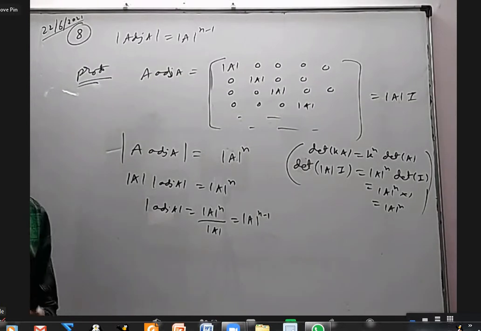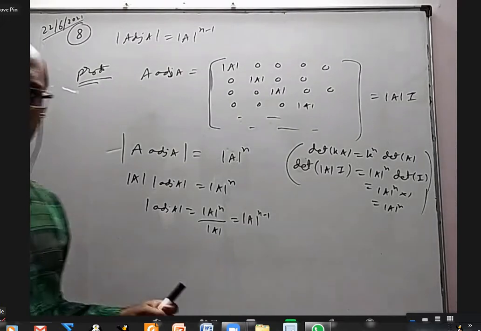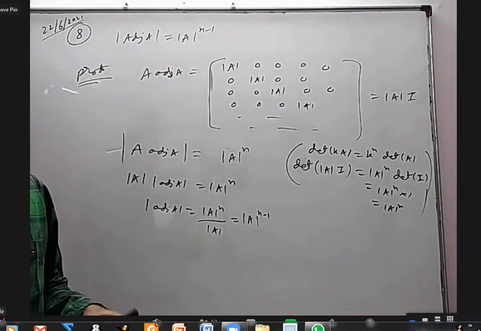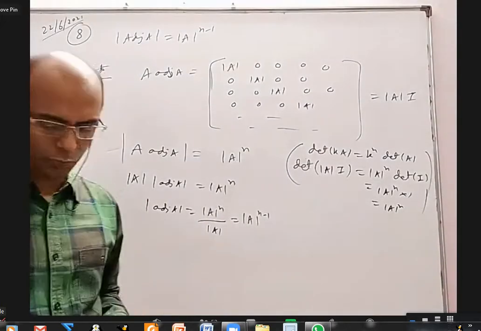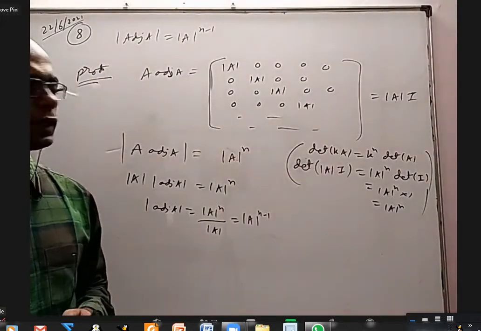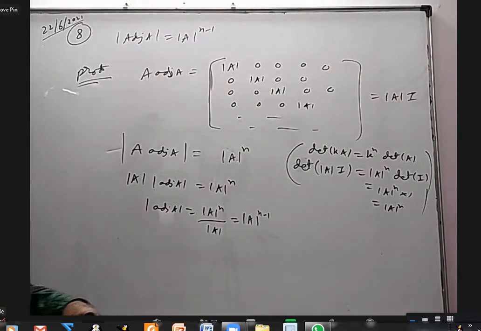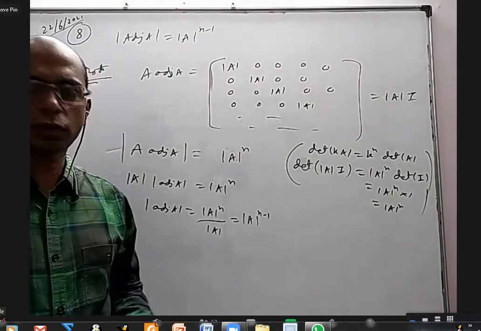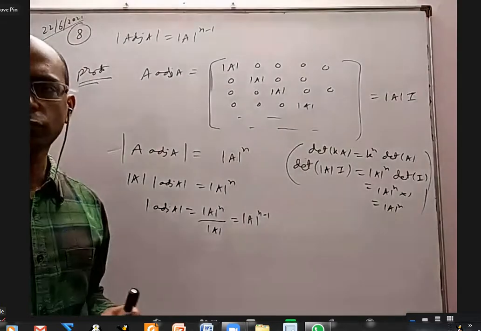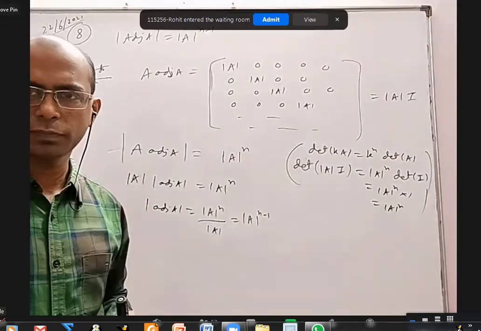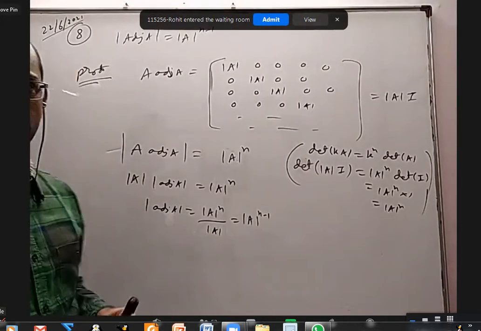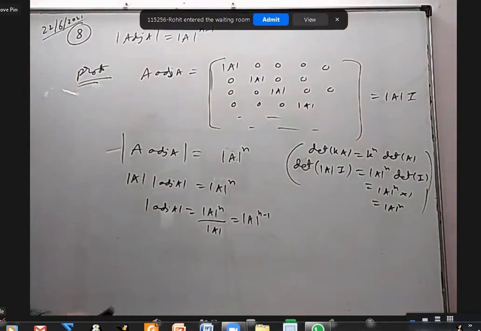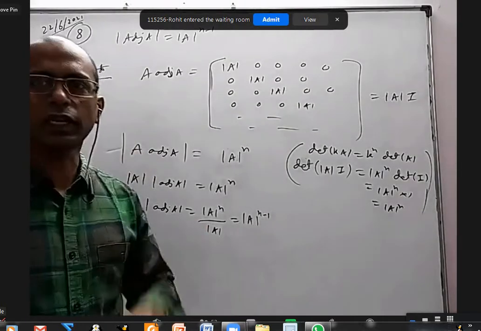See, the proofs are very important for many reasons. One may say that in Mains or Advanced, with the objective pattern, they cannot ask the proofs. Yeah, it's right. But frankly, if I just tell you only a list of formulas and don't tell the proof, do you feel confident about the subject? No, sir. You feel how it came and whether it is right or wrong. Okay. So if you know the proof, there is confidence.